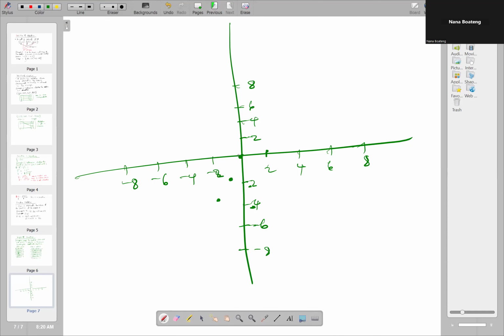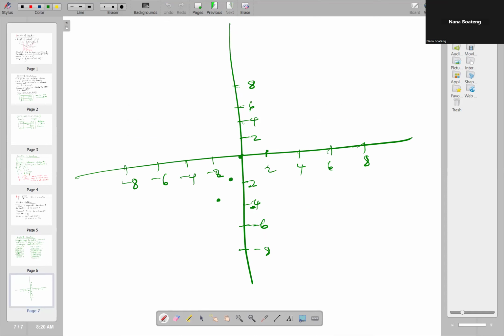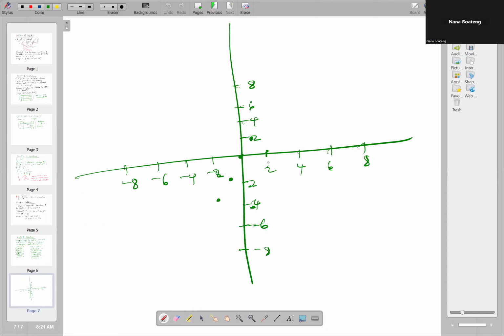The next one is 1 and 2, about this point. The last one is 3 and 4, so x is 3 and y is 4, about this point. So we see that we have a straight line through the origin. So this is the graph of f of x